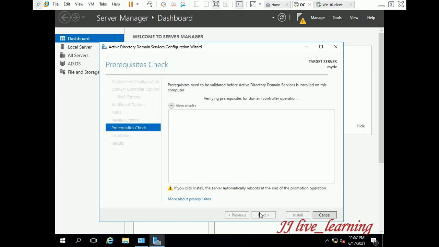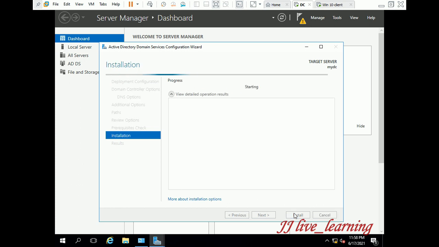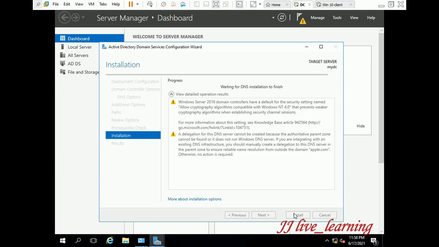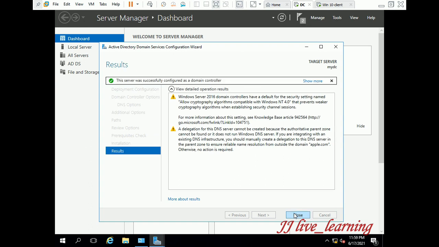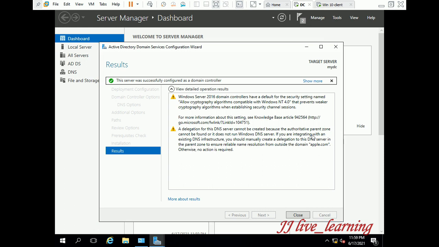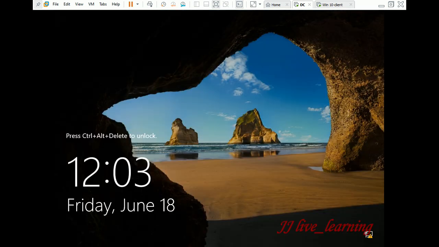Now the server configuration will be done in a proper manner. Now we are giving the installation part. You check the compatibility and then it will configure your DC. Now you know how to configure your DC, but we have not yet completed your DC configuration in a proper manner. We have to do some following steps.